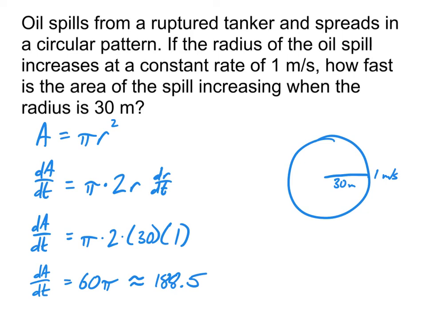And we can always know the units because of whatever the units would be for the top of that, so that's the A. A is being measured in square meters here, over t on the bottom. And so the time, that's being measured in seconds. So that would be square meters per second there. And that one's done. All we got to do for it